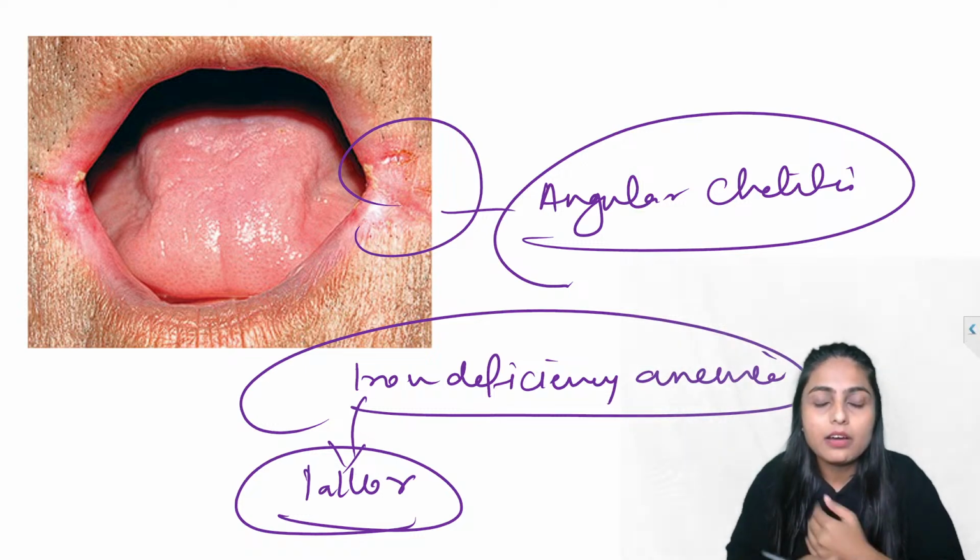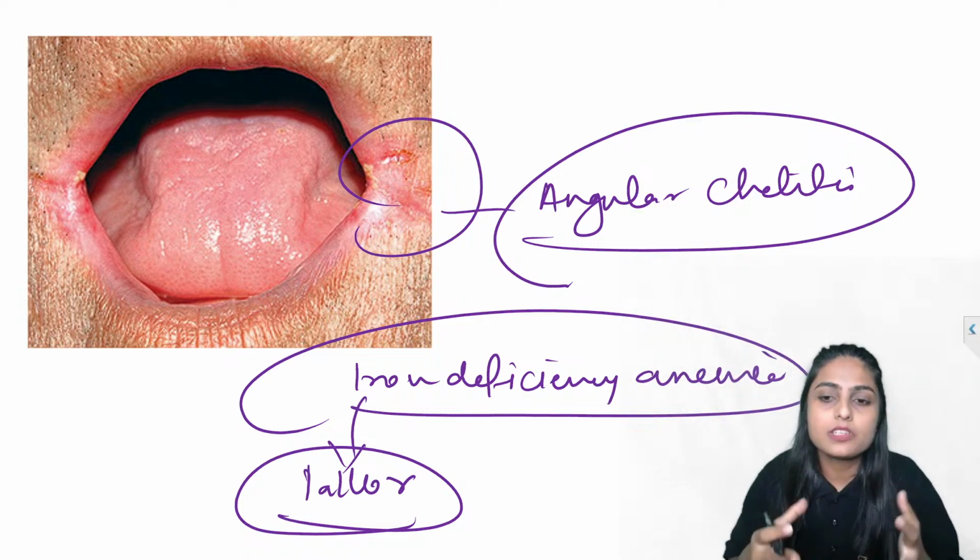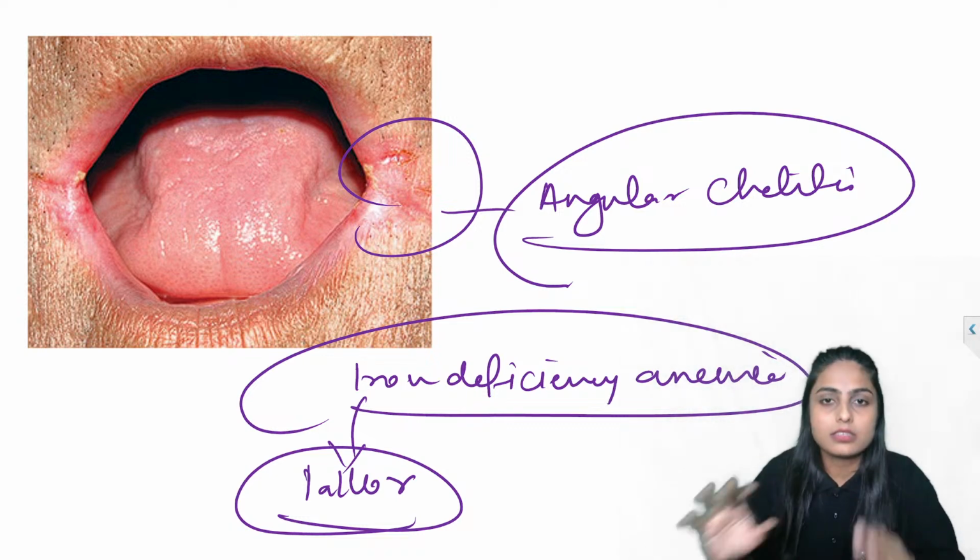So you can check pallor and first rule out iron deficiency anemia, and then you can give the diagnosis as candidiasis. All right,